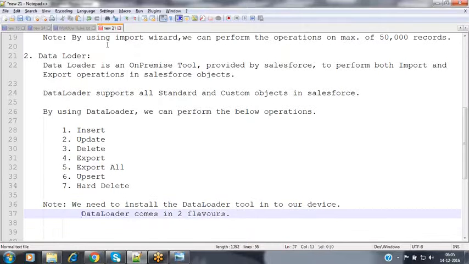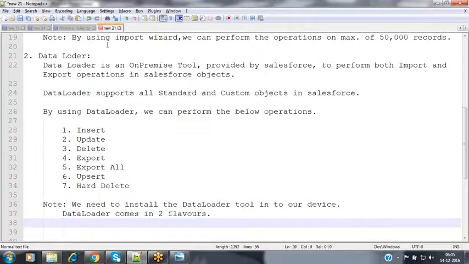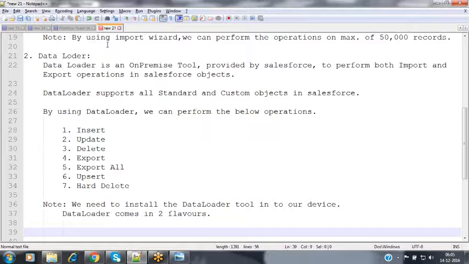Initially, Salesforce provided only one version of Data Loader, but nowadays usage of MacBooks is very high. In abroad countries, most people are using Apple MacBooks, with the Mac operating system installed, and at that time this Data Loader does not support installation on that device.